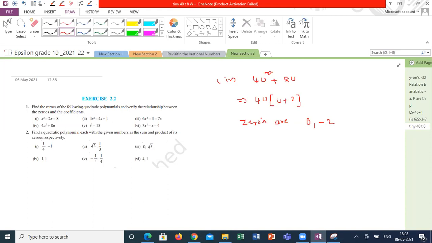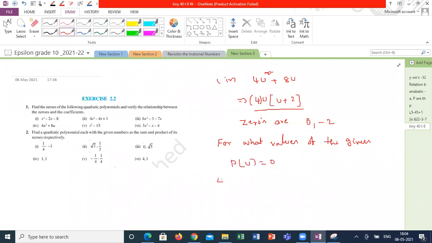Anyone having any doubt how I got the zeros of the polynomial in this case? I didn't understand how you got the zeros, sir. Can you explain once more? How I factorized it is clear. Yes, sir, it's clear. So after factorization, you are getting 3 terms here. So zeros of the polynomial means what? For what values of u the value of the given polynomial, p of u, should be 0.